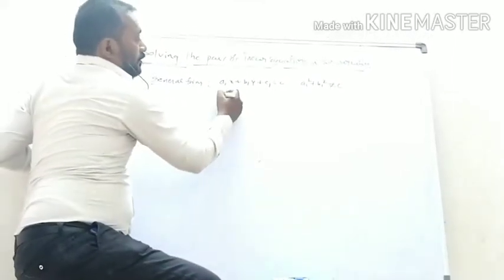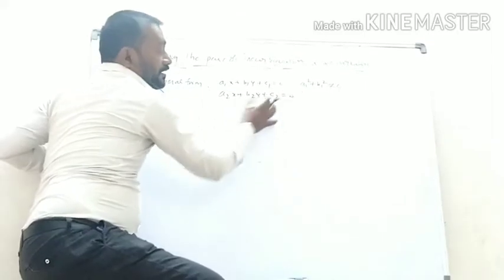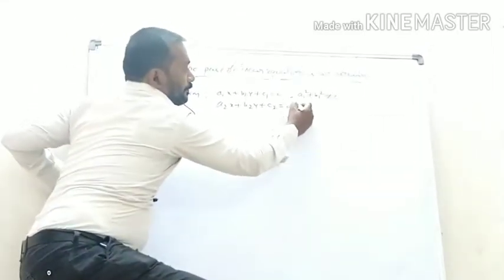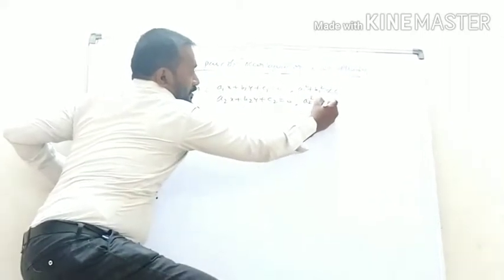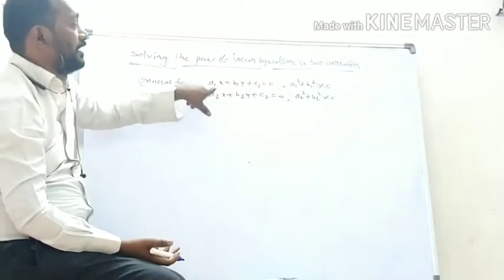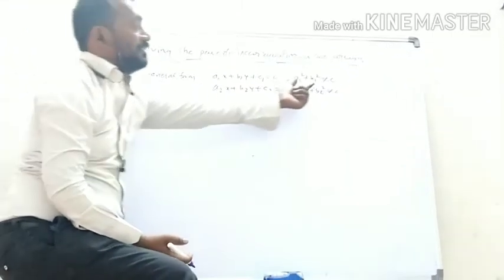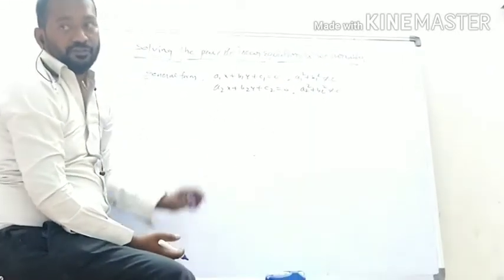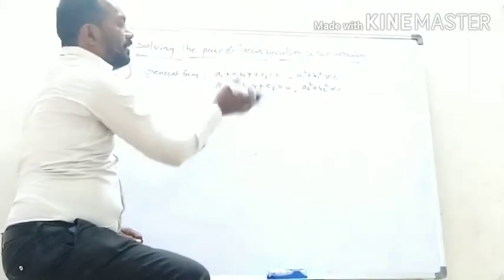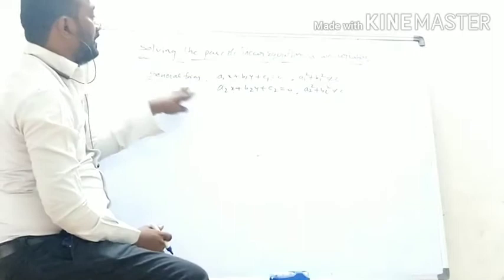And a2x plus b2y plus c2 equal to 0 is also a linear equation of two variables. The condition is a2 square plus b2 square is not equal to 0. They may ask in the examination what the condition is. It is a linear equation of two variables based on this condition. a1 square plus b1 square should not be 0 means both should not be 0 at a time. Any one may be 0 in different cases. So these two are the general form.